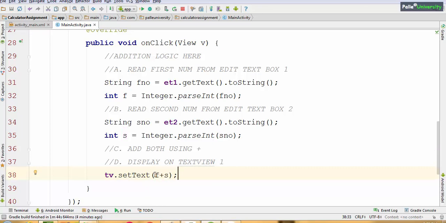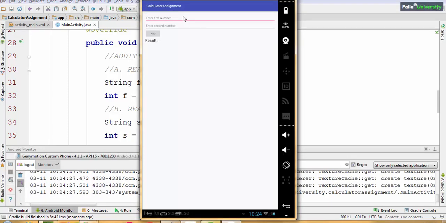Before telling how to convert integer to string, first let me run the application and show you whether it will crash or not. Now I will type 20, 10, add. When I click add, automatically this will close and you can observe red color error marks in the background window. This window is called the logcat window, which will display error information. Using this error information, we can analyze the problem and we can fix the problem.